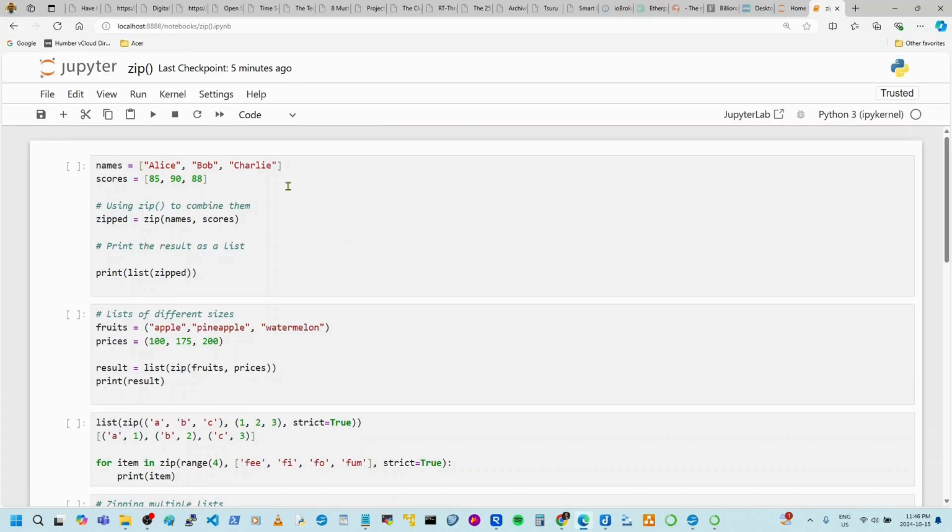So the first one we have is a list of names, and it's got 3 items, and then we have scores, and you can see the items in these are matching. So the format is to say these two iterables, and we are zipping them together and saving the results in a zipped variable, and to print it out we just need to use list before the variable, so it converts that into a list,